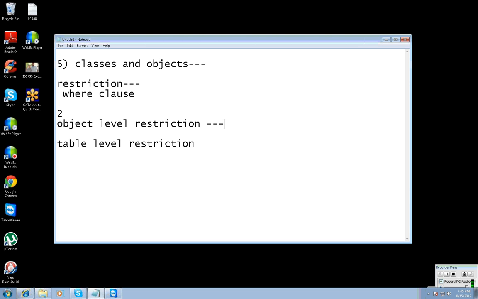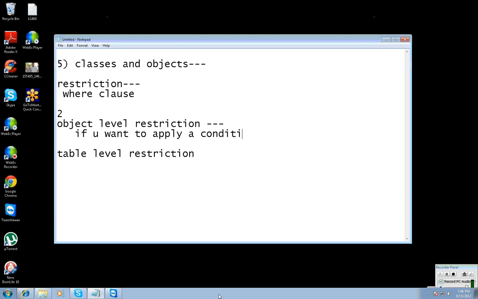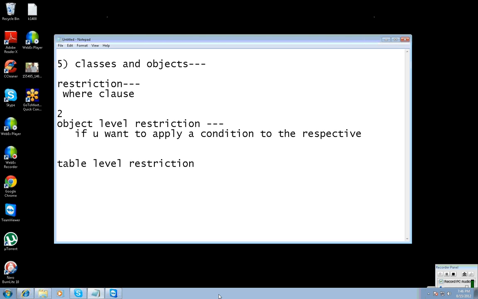What is object level restriction and how do we apply it? If you want to apply a condition to the respective object, then it is an object level restriction.